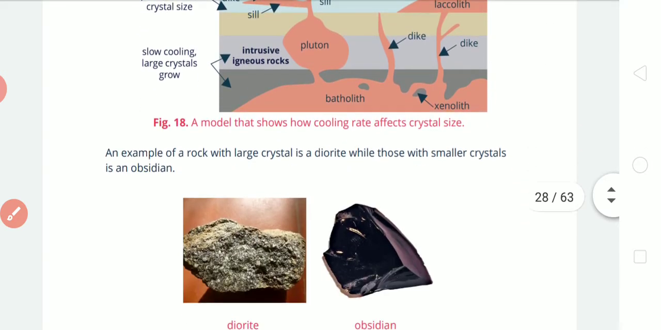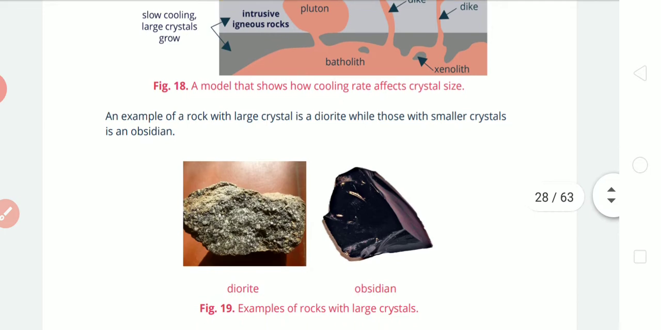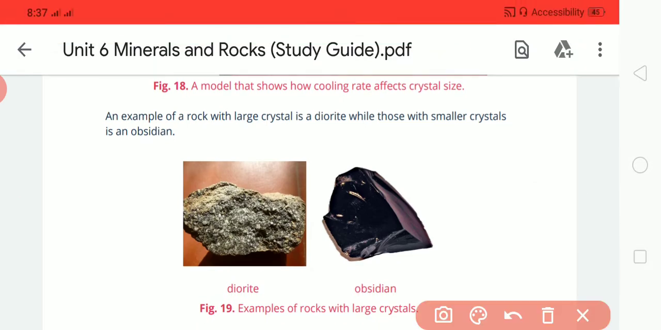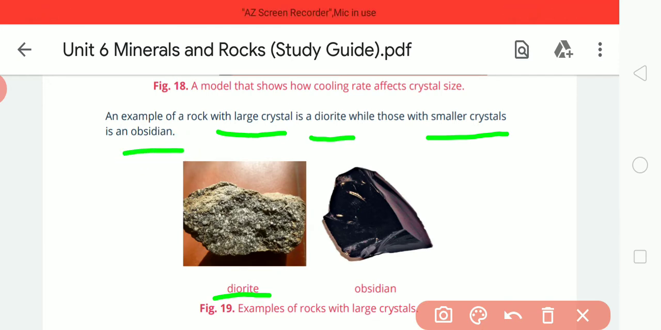Okay, so an example of large crystals can be shown in a diorite. So the one with the large crystals is a diorite. So diorite is a good example for intrusive igneous rock. On the other hand, the one with the smaller crystals is obsidian. Now, obsidian is a type of